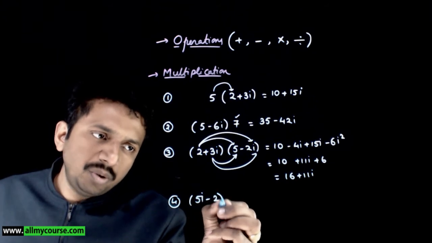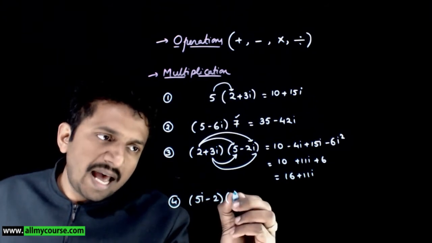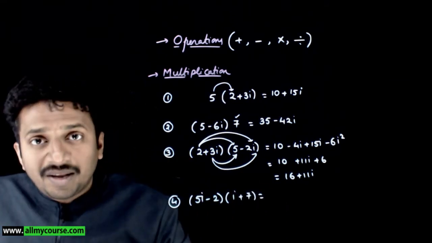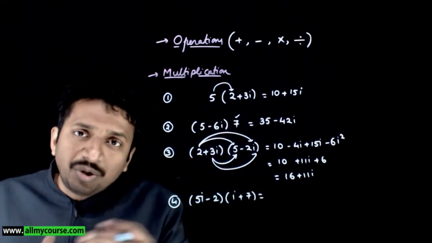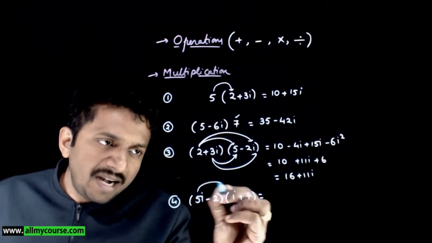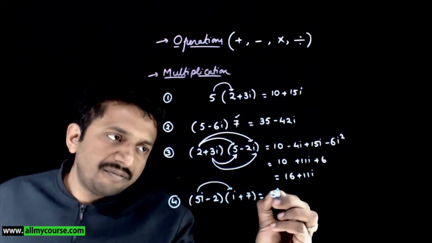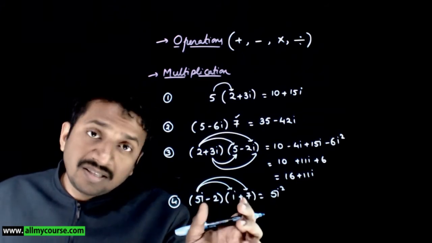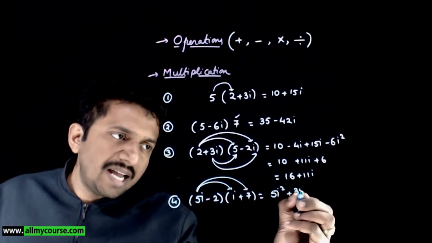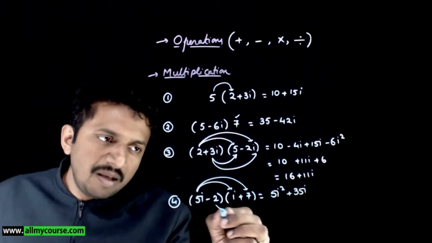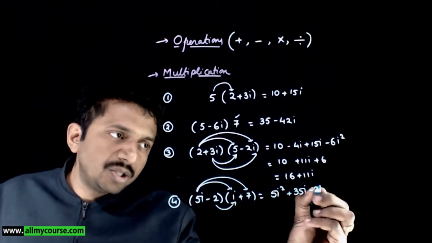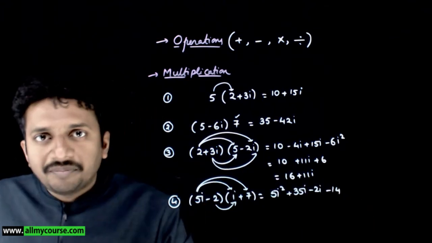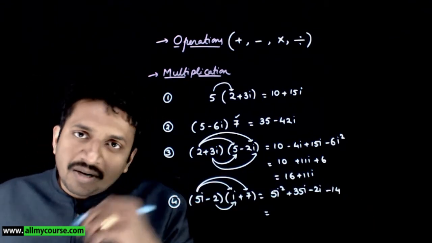5i minus 2 times i plus 7. So if you want to multiply these two, again, as you do bracket expansion, 5i times i is 5i square. 5i times 7 is 35i. Minus 2 times i is minus 2i. Minus 2 times 7 is minus 14. So that is equal to,